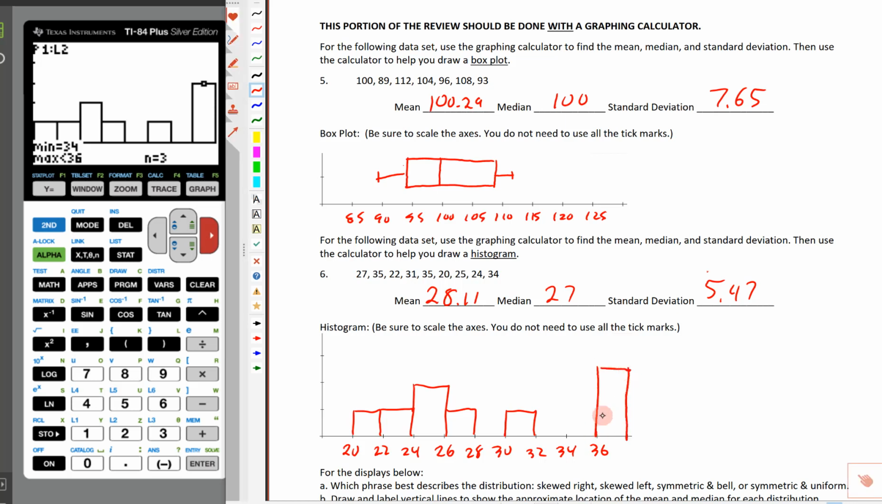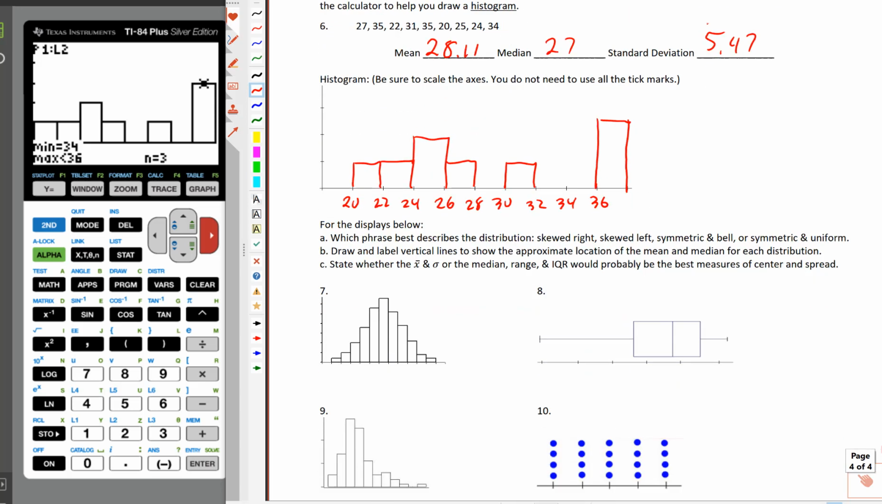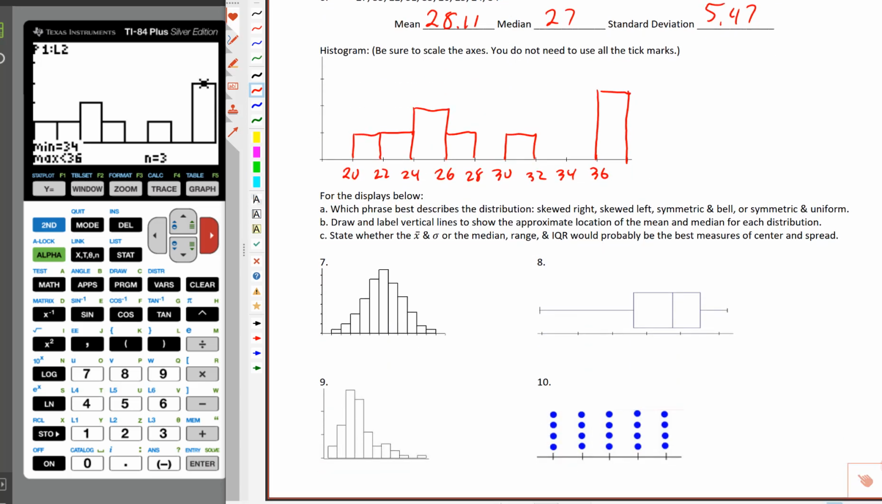Okay, again, not the only way to do this one, but that's a decent way. Again, if you've got your scale on there, that's going to be totally fine. And then I'm going to slide down here and we're going to take a look at this one. I don't think we need a calculator for any of these, so I'm going to go ahead and go full